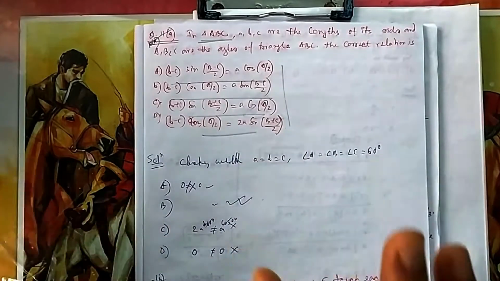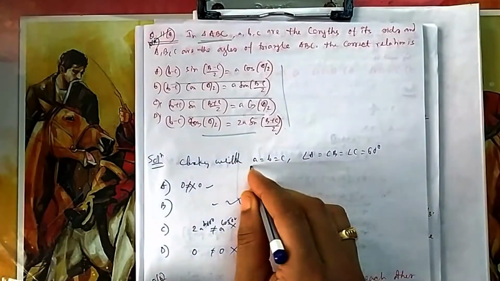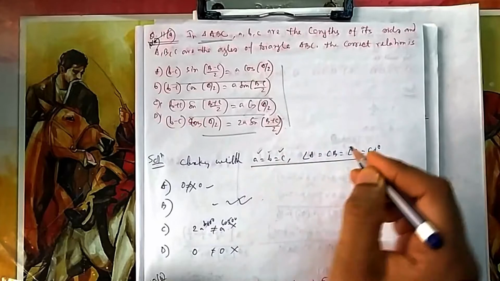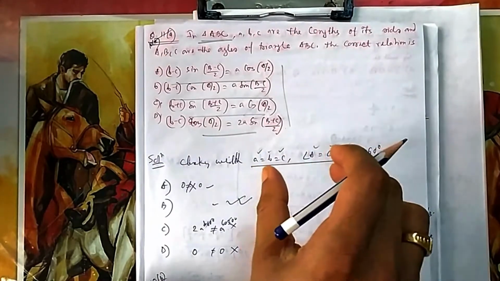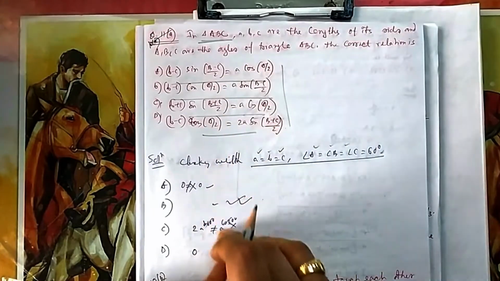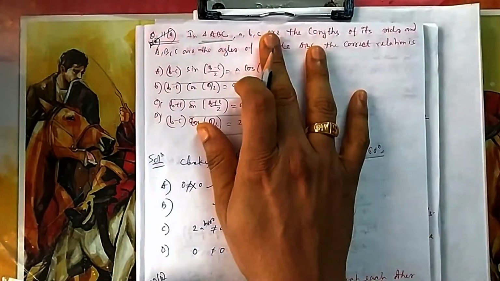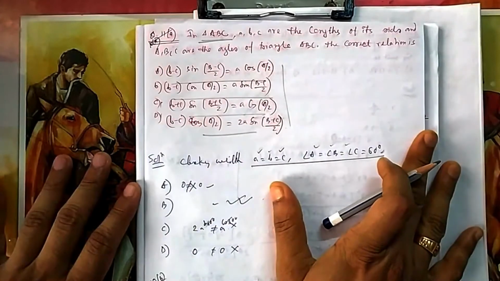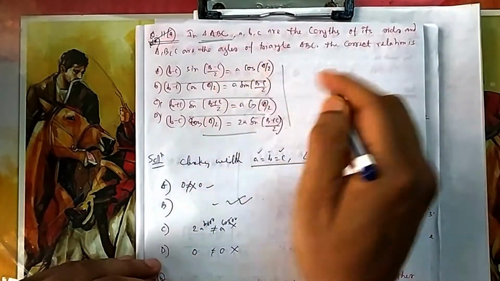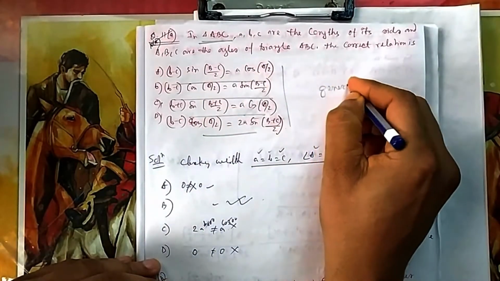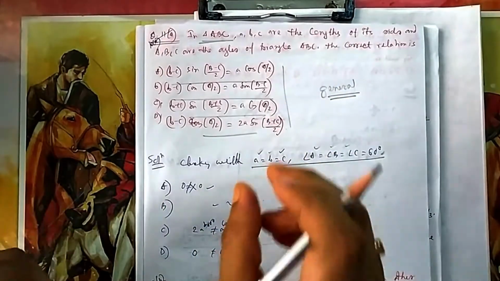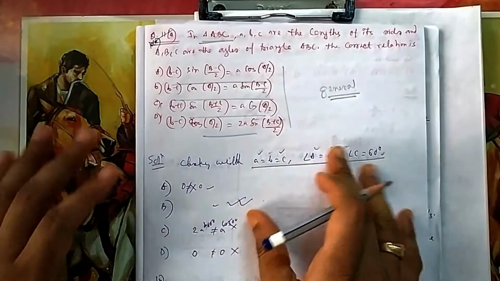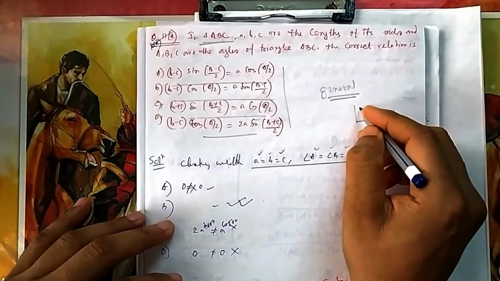So the best thing that comes to our mind for this general case is an equilateral triangle where all three sides are equal and all three angles are equal. So I am taking a very specific case, the equilateral triangle. Let us check which options are correct, because it is an identity, it should be true for all types of triangles. This is the general type of question we have discussed in earlier chapters also. In every chapter you will find it. If there is a general approach, you take a specific triangle for which you know all the parameters. You can try it with a right angle triangle also.